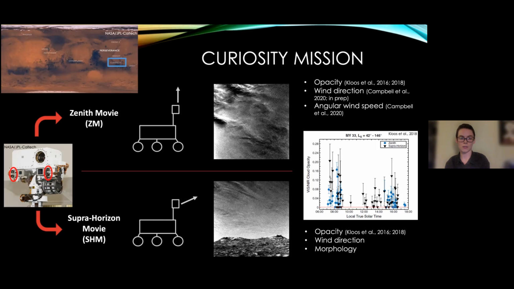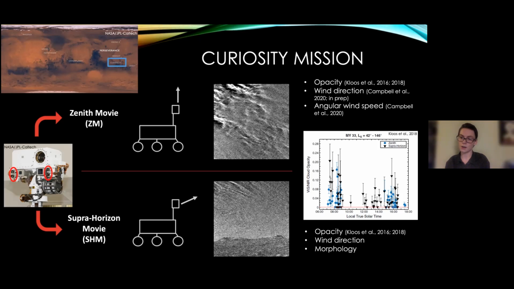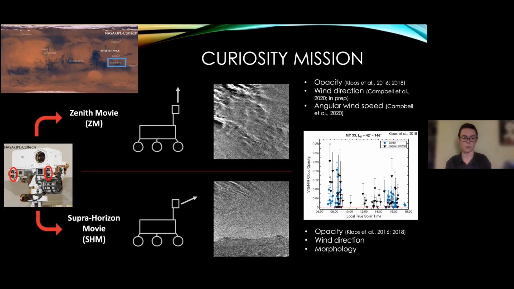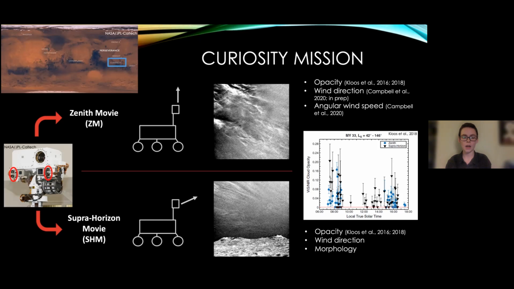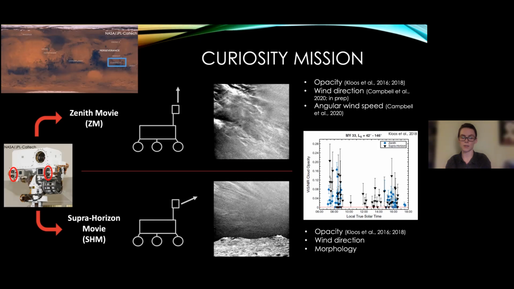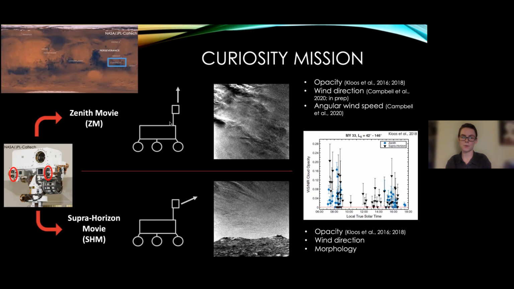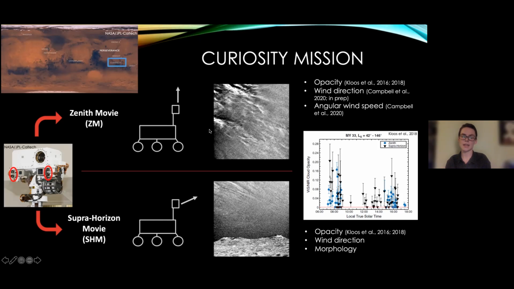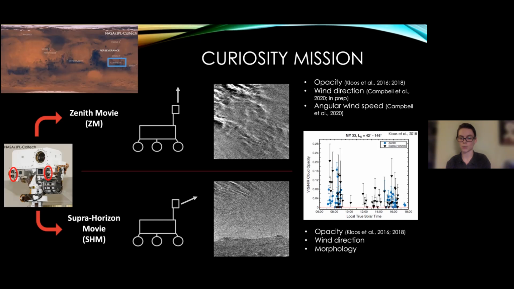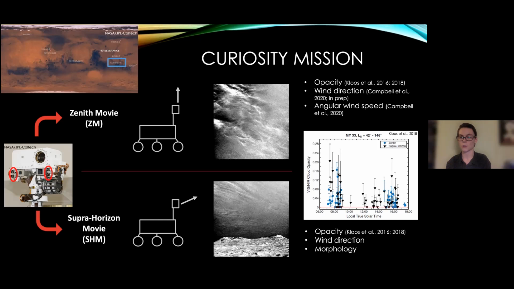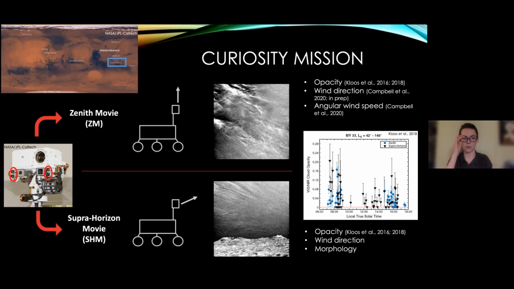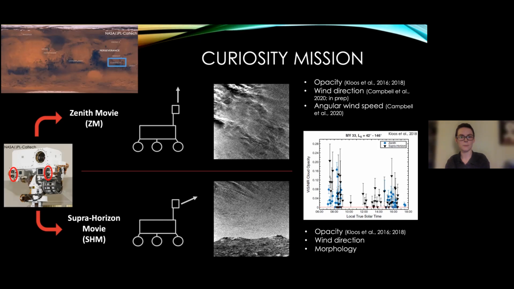And these two movies are often paired together in the morning or even in the afternoon to try to classify cloud properties throughout a solar or a Martian day. I will also mention that these movies have 8 frames in them taken over a period of time so that we can see motion. And if you notice that the images are a little grainy, that's because we are applying the mean frame subtraction technique, which pulls out any changes within the movie, as unfortunately clouds on Mars are very thin. And this is usually the only way that we can see the clouds through Curiosity's images.